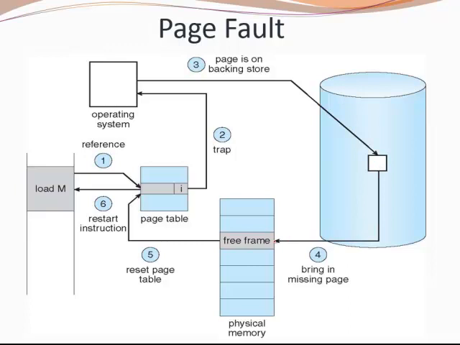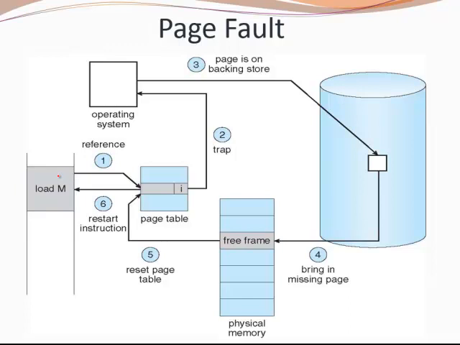called the physical memory. Simultaneously, it also updates the page table so that when we restart the operation, the CPU looks into the page table. Now the page is available, and we send it back to the CPU for further processing. So this is the concept of the page fault.